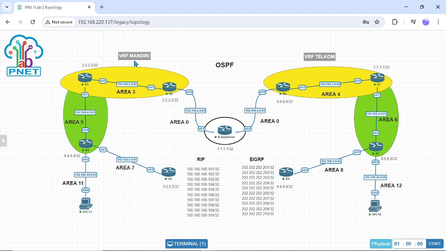If we use VRF, we can configure the same IP on one router.